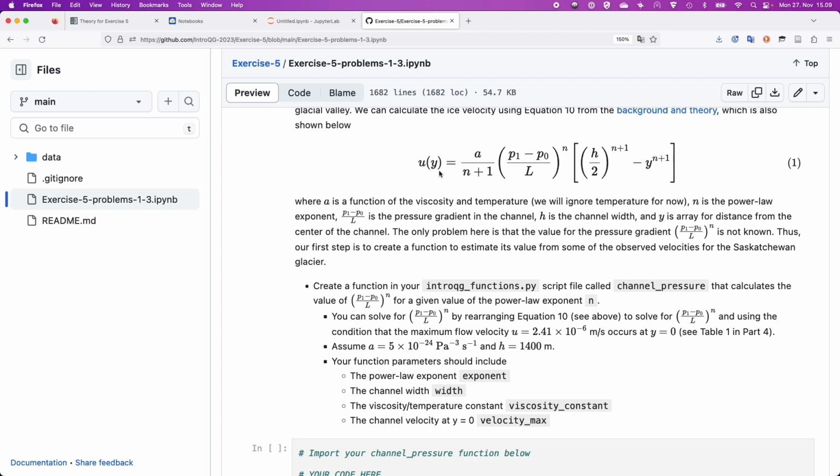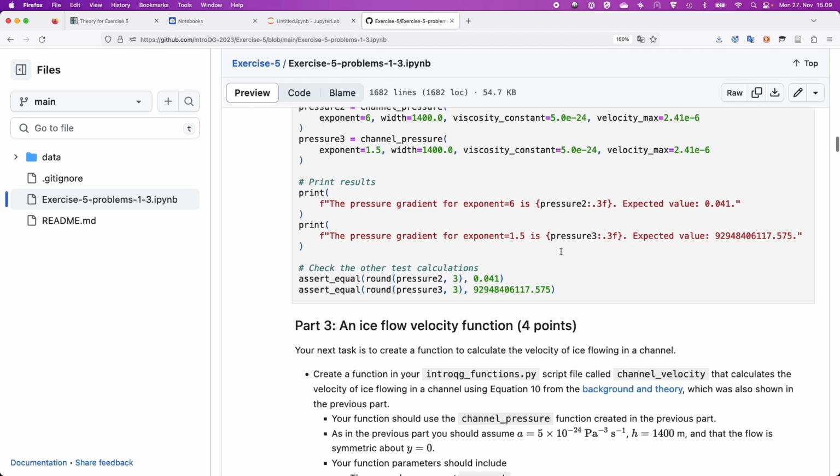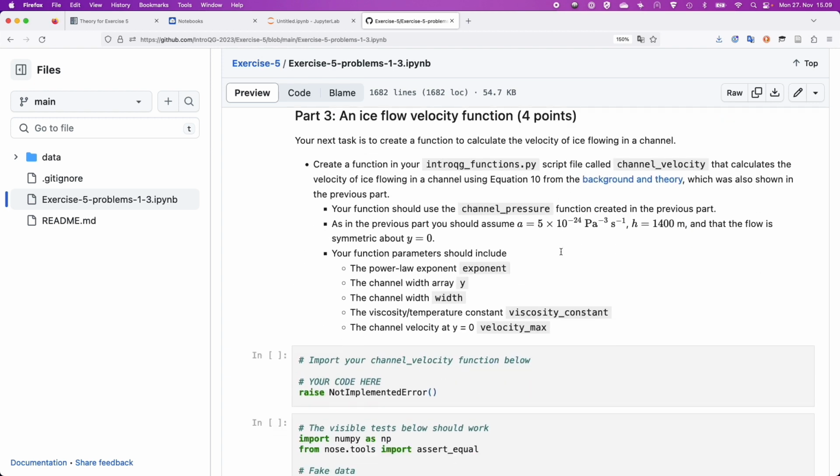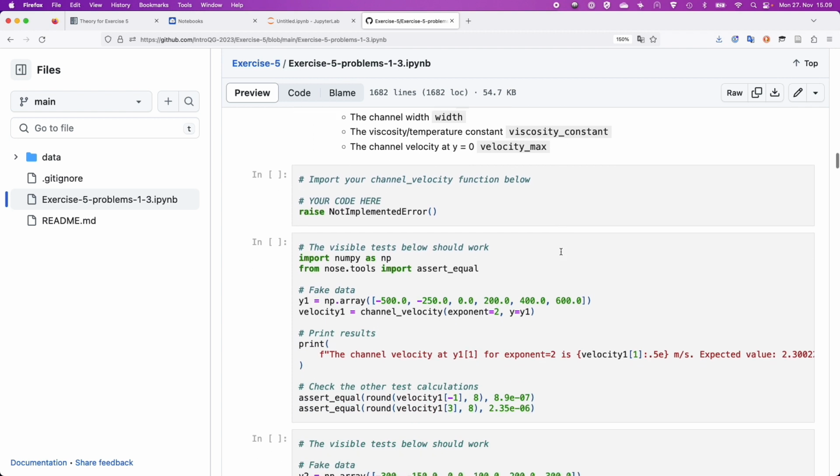We can calculate the velocity because we can come up with this term from the pressure function that you create in the previous part, and all these other things are knowable in terms of what's given to you. So you make another function for calculating what the channel velocity is, and then again there's some